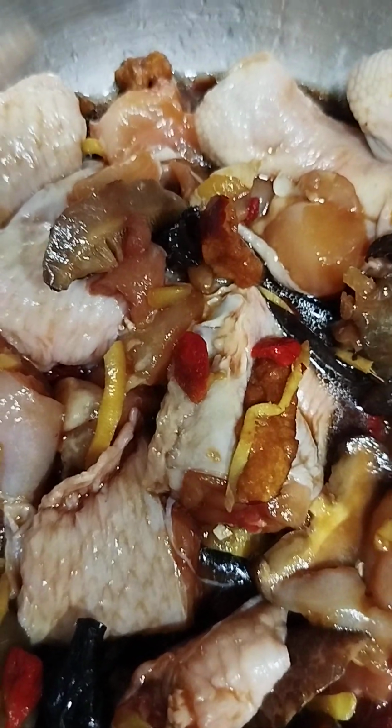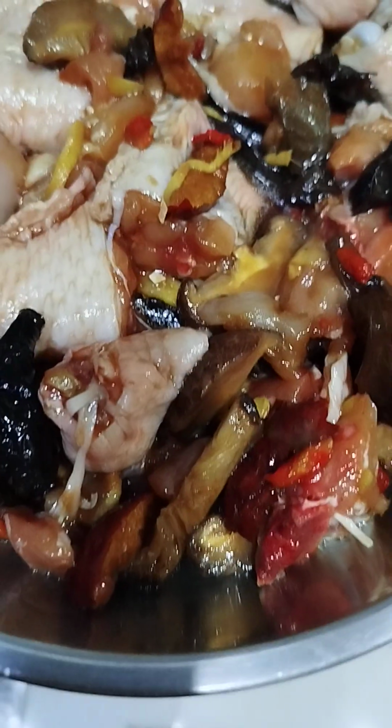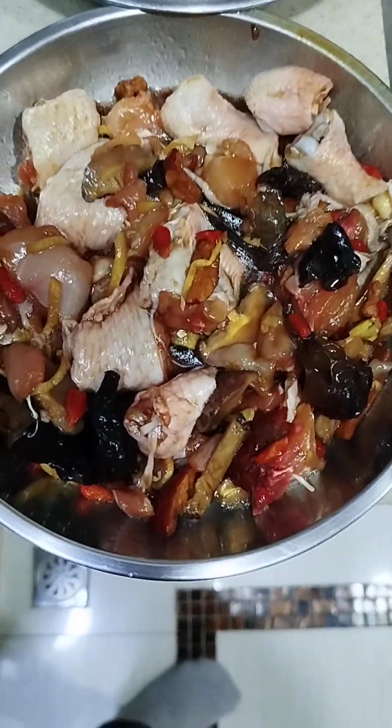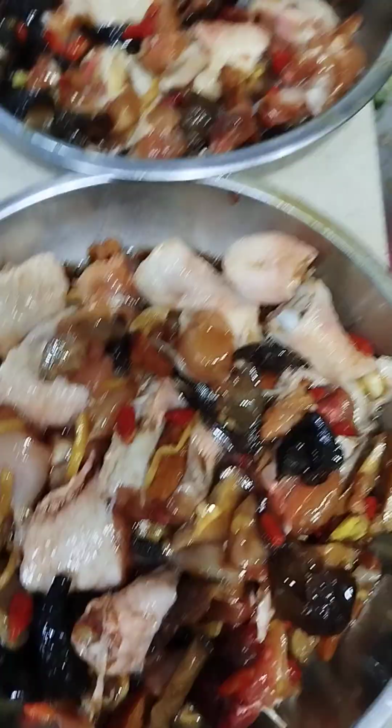Dry mushroom. I soak this in the water. So okay, and then I cut ginger. Ginger. So I mix with sauce, light soy sauce,